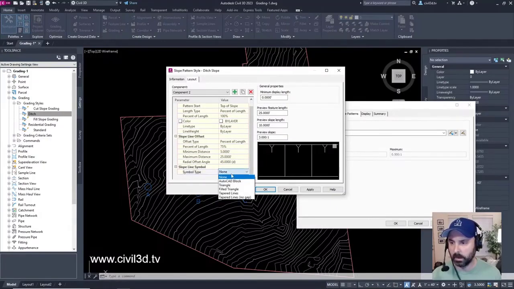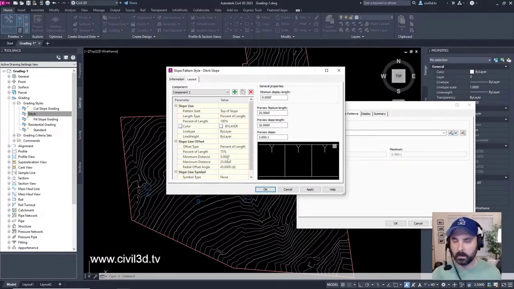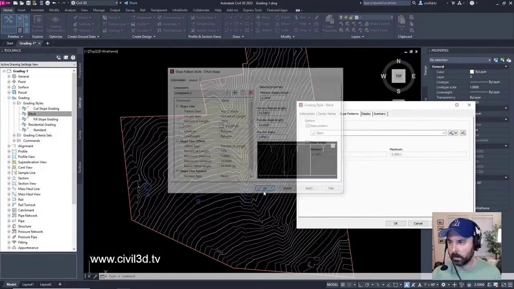Let's change this again. What was it on? Tapered lines? Let's switch that back to none. Okay. We'll click OK.